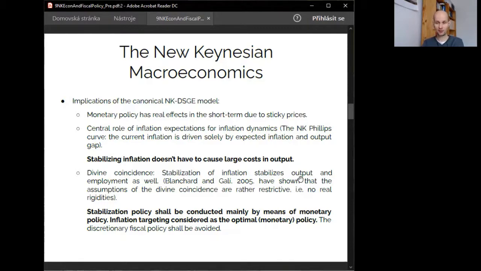It has profound implications because if inflation is really driven by the current output gap and expected inflation, then via manipulating the expectations about inflation, we can achieve disinflation and stable inflation without widening the output gap and without increasing